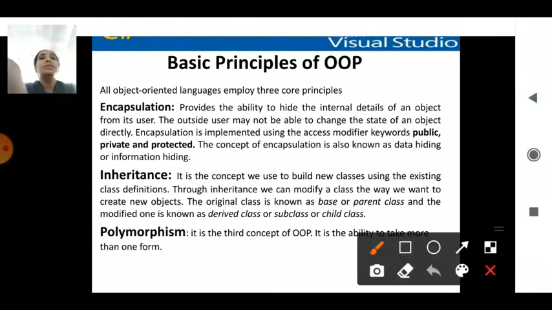OOPS oriented is nothing but when a program has the concept of encapsulation, inherits some concepts, and uses polymorphism. Encapsulation is when the data used within the program is hidden to do some task. When it is a personal matter, I want to hide it. How do you do it? You may use the private or protected concept, which are called access modifiers, which is the encapsulation concept. You are hiding the details within the programmatic concept, and that is encapsulation.